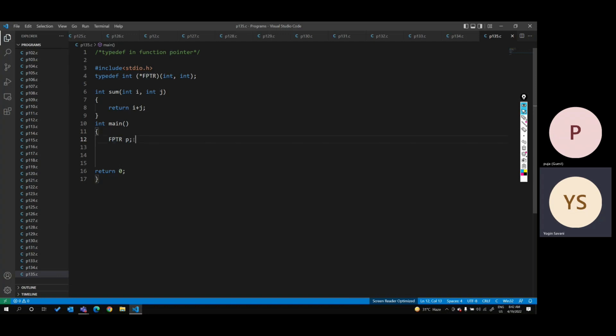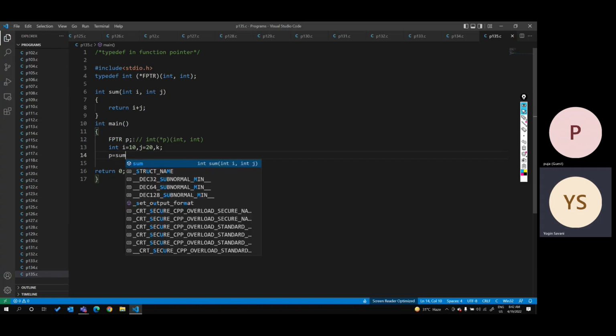That means in the program we were writing it this way: int (*p)(int, int). So it will be replaced like this way. Integer i is equal to 0, j is equal to 0 and k. Otherwise I will take i is equal to 10 and j is equal to 20 and k. First thing, in the pointer we have to store the starting address of my function. So sum,